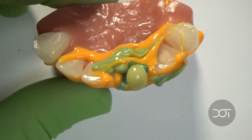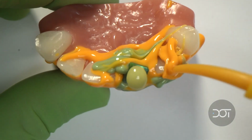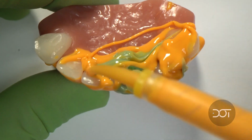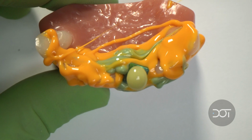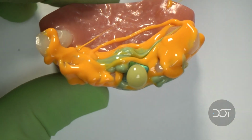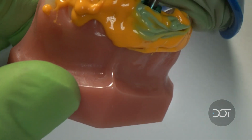Go back with a little bit more light body material to make sure that I pick up all the surface texture and the occlusal aspects of the neighboring teeth. And then as I go in with my impression tray,